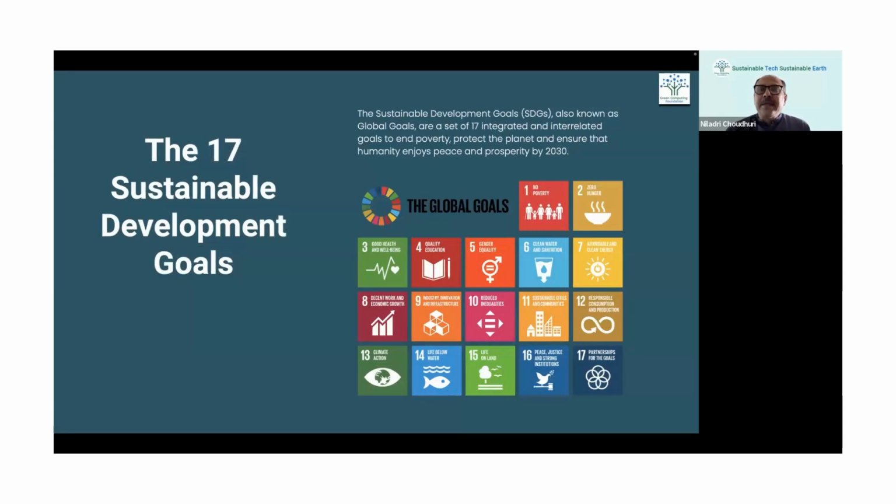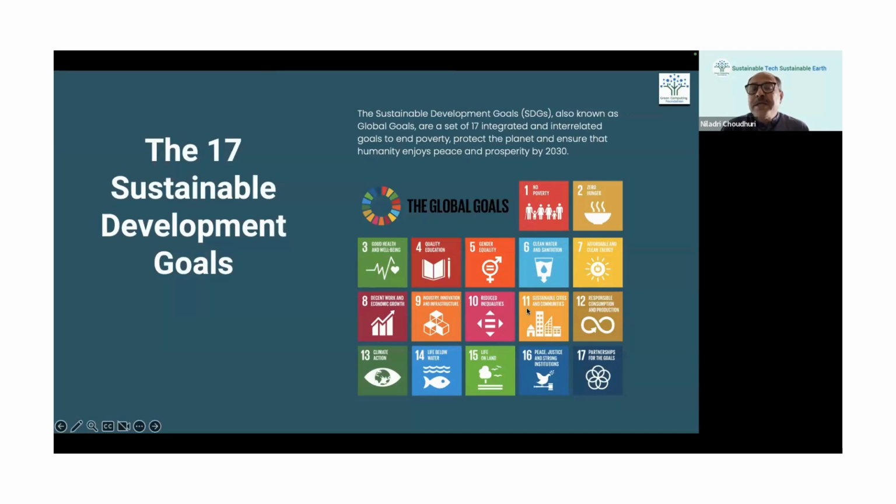And these are interrelated goals to end poverty, protect the planet, and ensure that humanity enjoys peace and prosperity by 2030. So 1 is about no poverty, 2 is about zero hunger, 3 is about good health and well-being, 4 is about quality education, 5 is about gender equality, 6 is about clean water and sanitation, 7 is about affordable and clean energy, 8 is about decent work and economic growth, 9 is about industry, innovation and infrastructure,